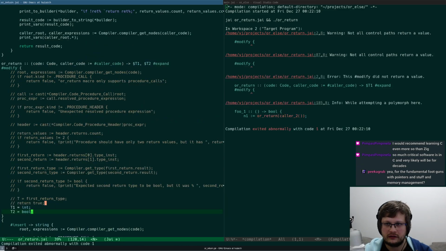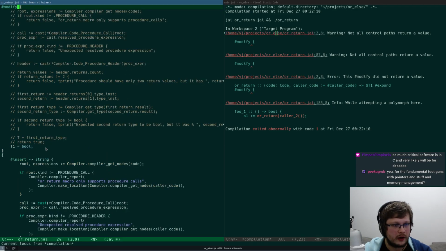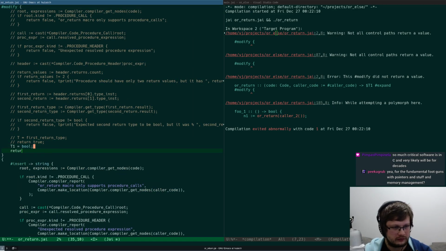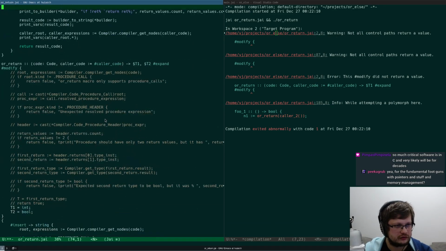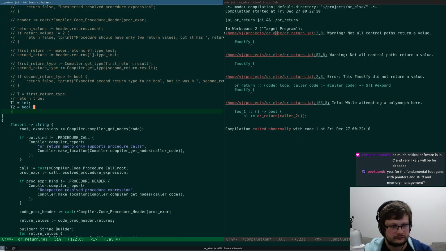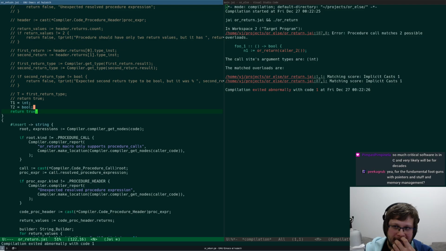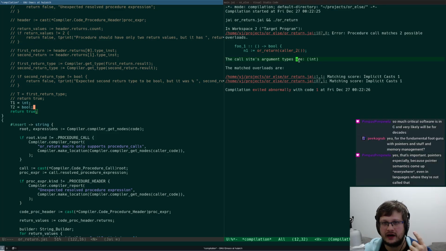Will it work? Not all control paths return value. Where? Oh, it should be return true. I'm sorry, modify should return true or false. Okay. Procedure call matches two possible overloads. The call site's argument types are int. Huh.